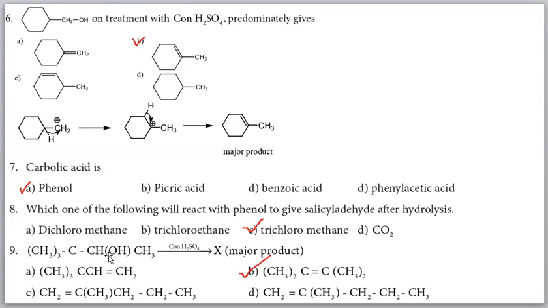Then another option: you see this OH combined with this side, here no H is there. Right, here no H. So what will happen? This OH is protonated, then it is removed. So this carbon becomes positively charged, a carbonium ion. Next step, methyl shift. From this one methyl group comes here and the positive charge goes to this carbon. Next step, this H is removed and a double bond is formed.